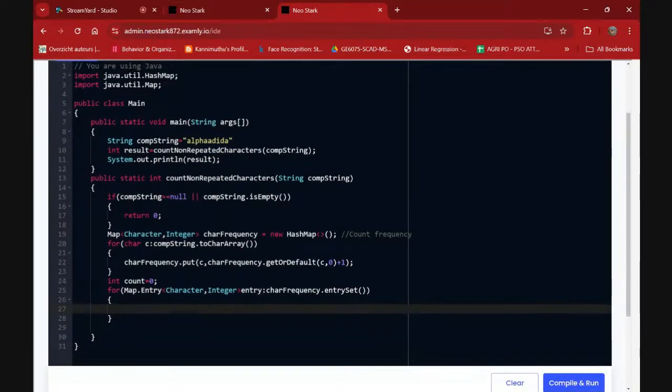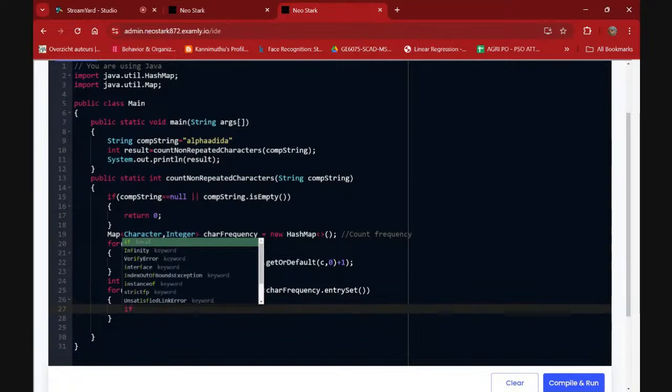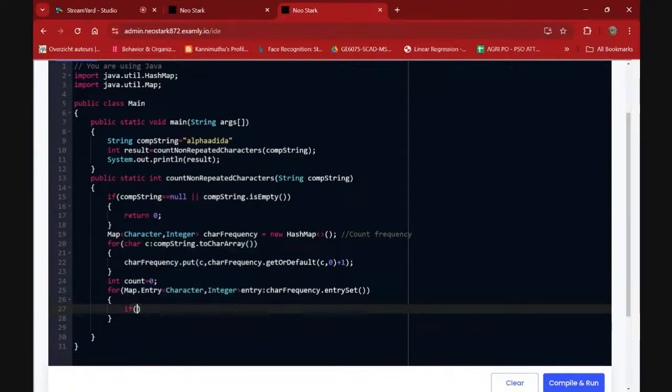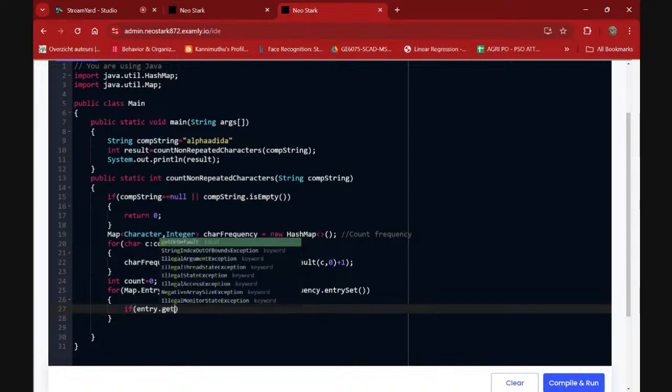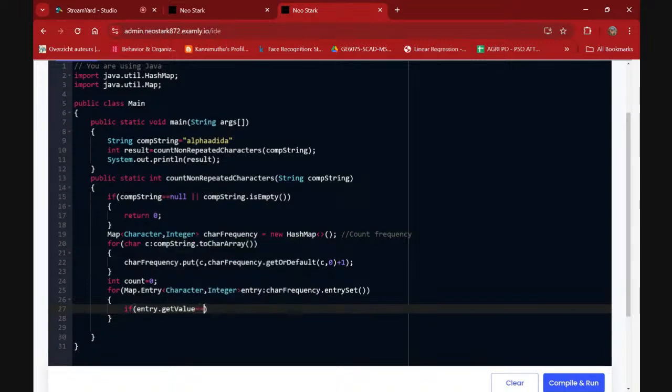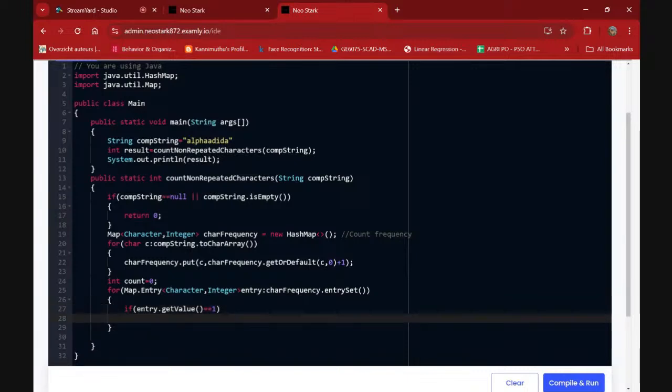This helps me go through the entries. I'm going to take only the characters which have the value equal to 1. getValue is a map method which can be used to get the value of that particular entry or the character.